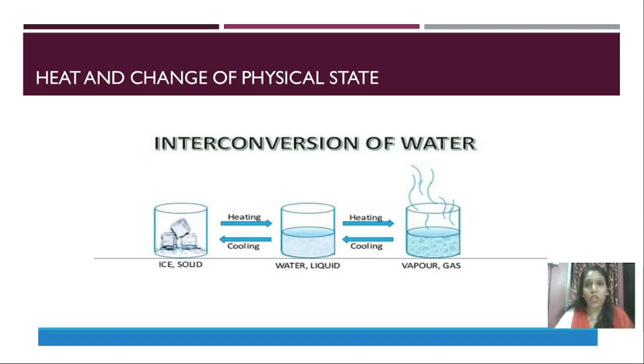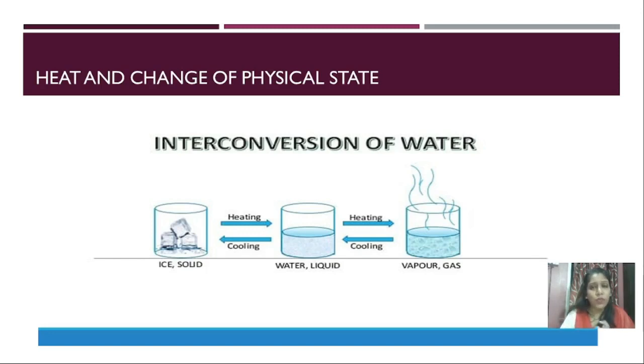This is what we saw with the wax example also. So now I want to ask you all one question. Whenever we keep a bottle of water in the fridge, does it turn into ice immediately? Or when we keep the water on the stove, does it immediately turn into water vapors? No, right? It does not. So there is a specific amount of heat gained or lost. At that time, the state of the substance changes.